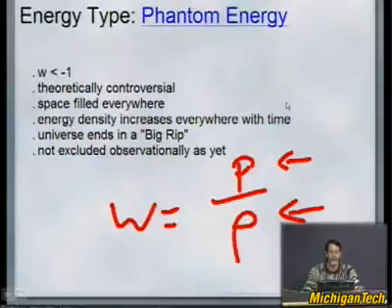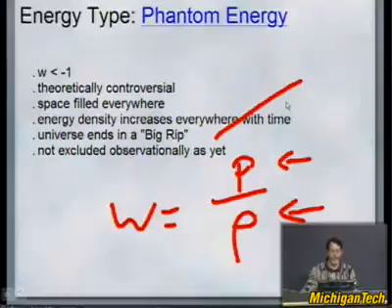Other things would explode first. Our solar system would become unstable. The Earth would stop rotating around the sun because the repulsive energy density inside the Earth's orbit would be greater than the sun's mass equivalent energy density, and so we would no longer feel an attraction toward the sun and we would go off. If this is true, and we'll go back to this later, the universe would not end by just cooling off. It would end in a big rip, where there's increasingly high energy everywhere in the universe.